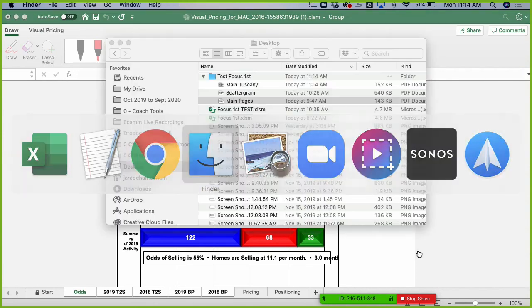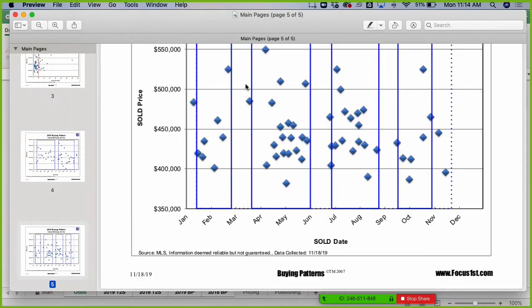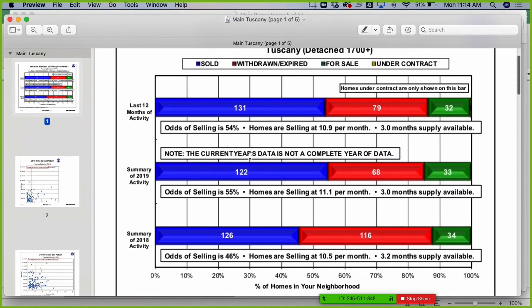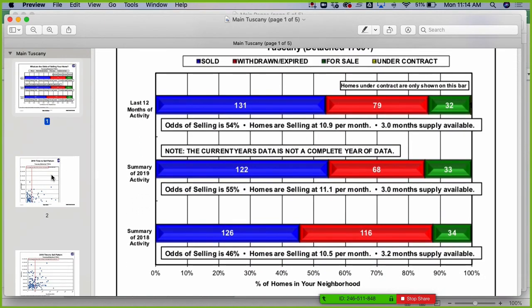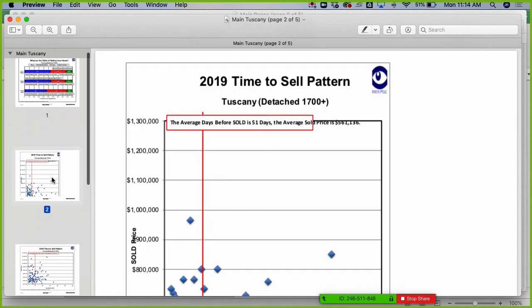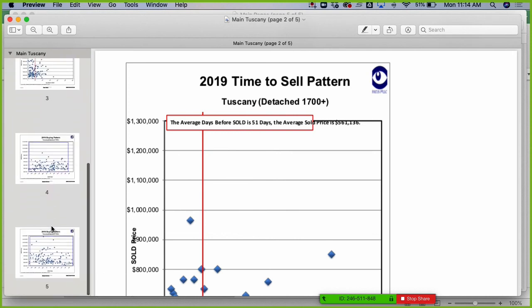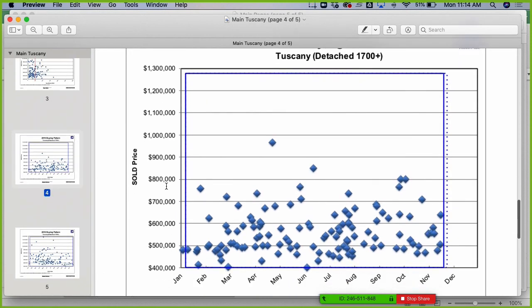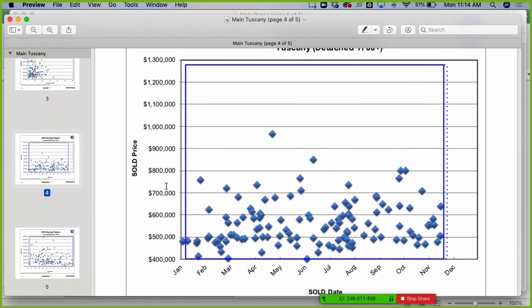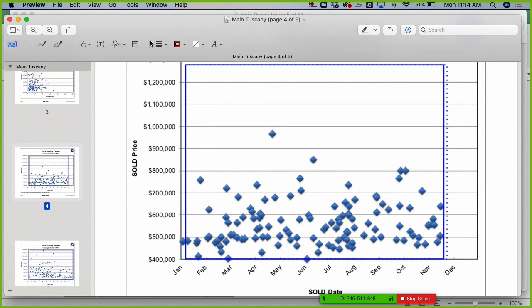Okay, so then when you've saved it, the PDFs will look like this. Oh, that one got messed up. So I would just go back and reprint to PDF this one. For some reason it got squished. See, here's the crazy part. This is why when you have so much data, sometimes it's not helpful because it doesn't tell you the buying patterns. But what I would do, I would then go in here